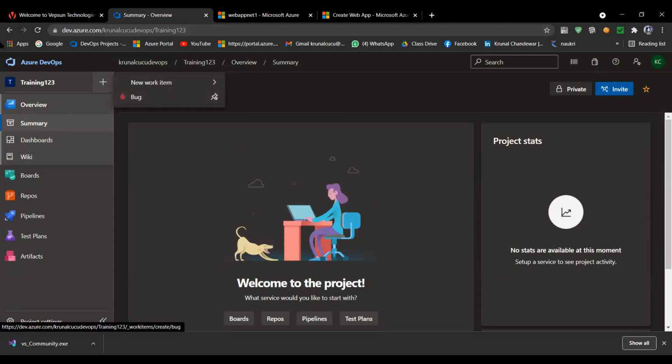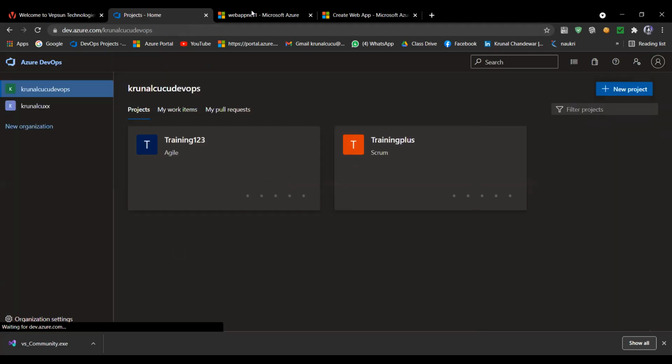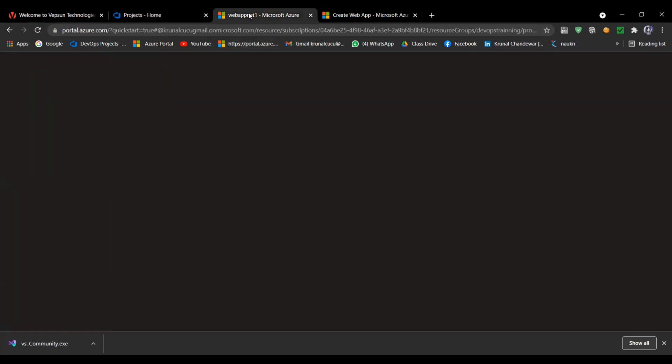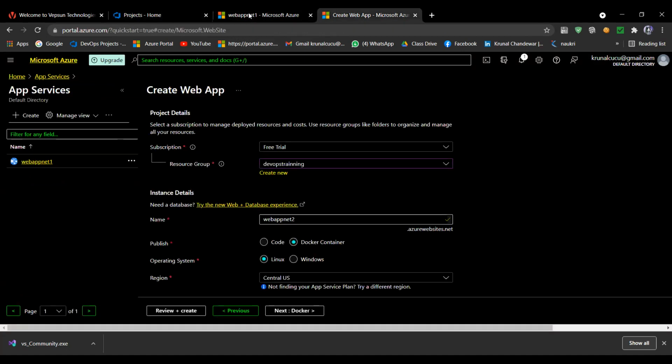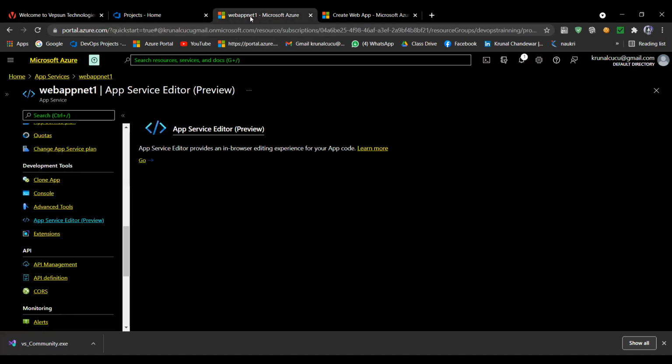Okay, so now we are jumping to the remaining portion of Kudu, as I told you. This is more important because these web apps, I told you, we use for deployment, and here we are testing, building, and even deploying.